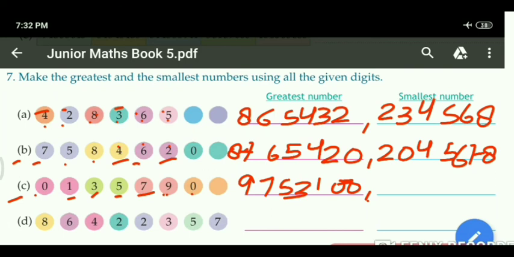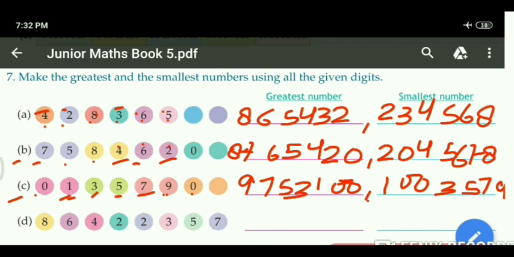Always remember it. So firstly the smaller number that is given is 1. Okay, 1 after 0, 0. We have to write 0 2 times because 0 is given 2 times. Then after 3, 3 after 5, 5 after 7, 7 after 9. Okay.